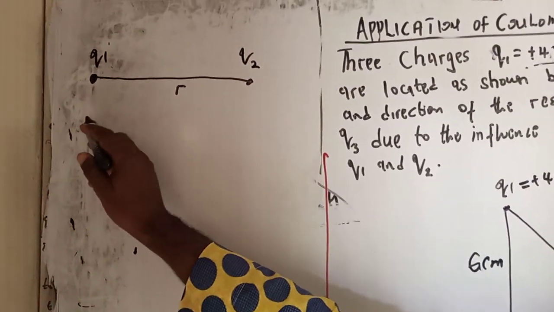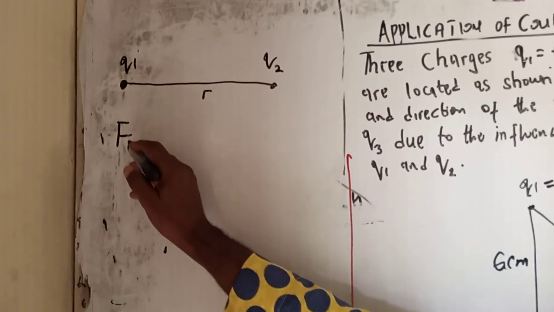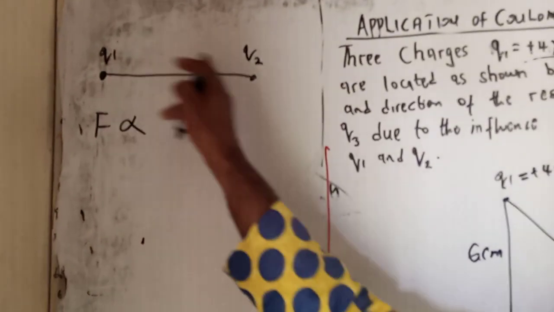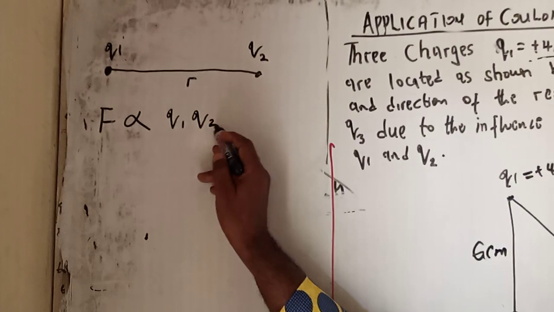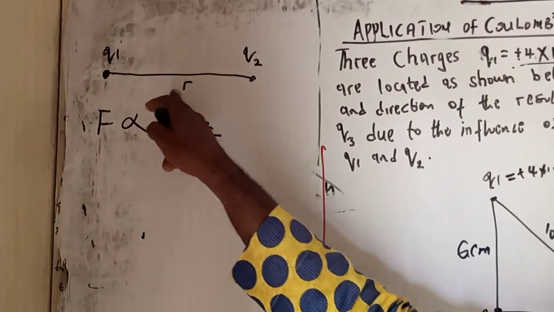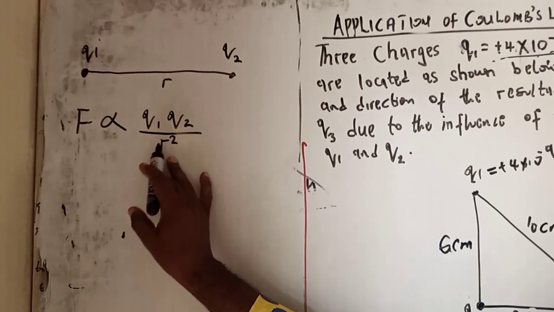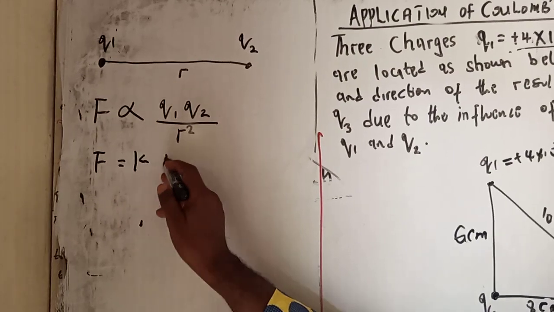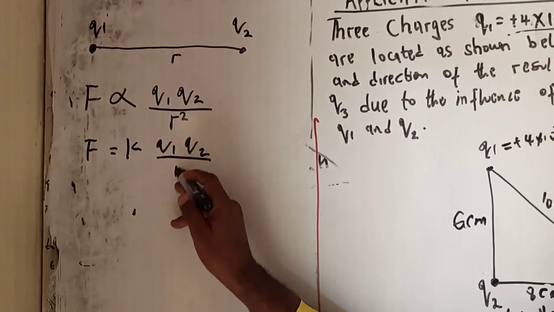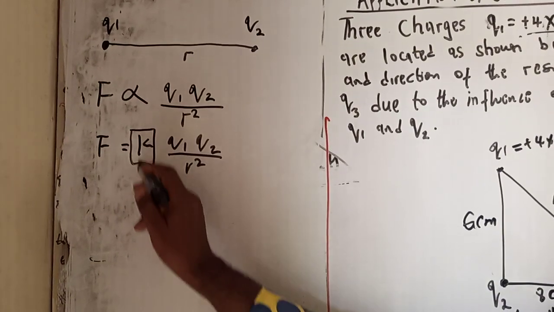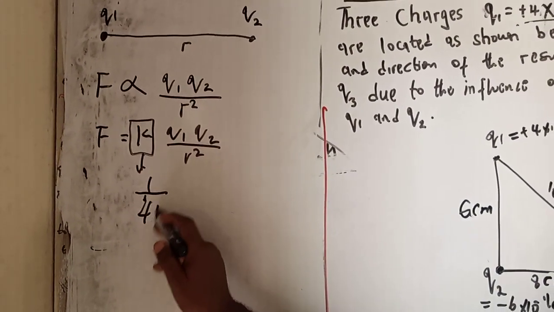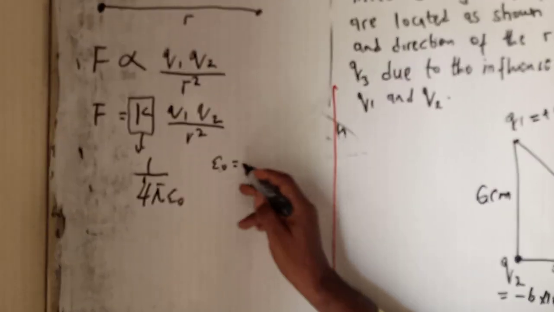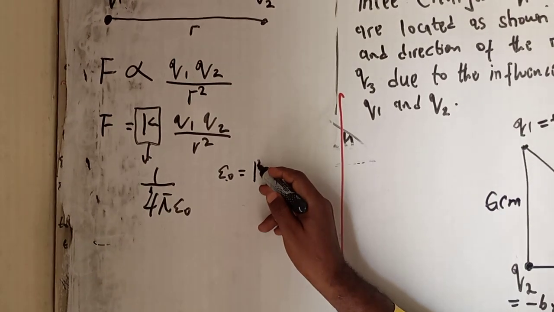According to Coulomb's law, the force of attraction or repulsion between these two point charges is directly proportional to their product, that is Q1 Q2, and inversely proportional to the square of their separation, that is r square. Now, if I remove this proportionality sign, I have the electrical constant K, that is K Q1 Q2 divided by r square. This electrical constant K is expressed as 1 all over 4 pi E naught, where E naught, this epsilon naught, is called permittivity